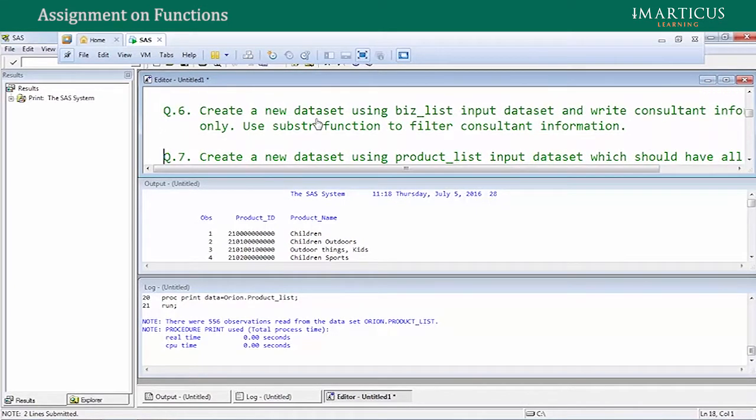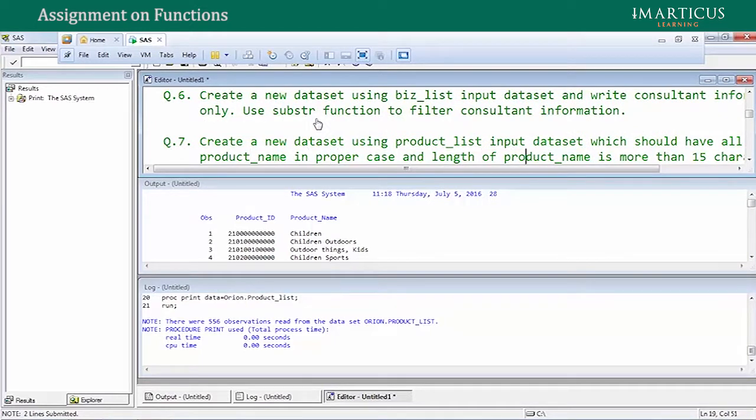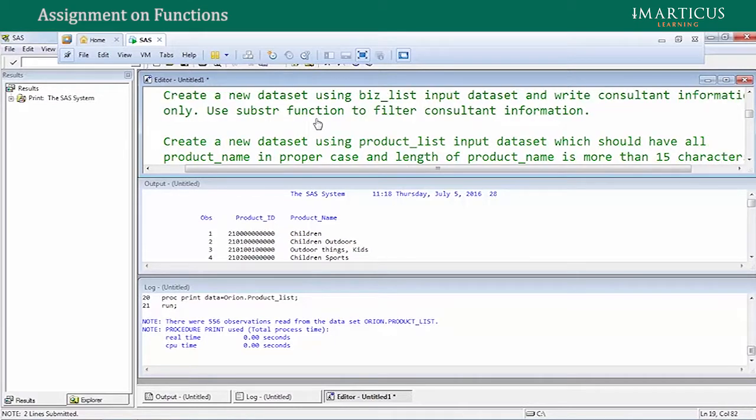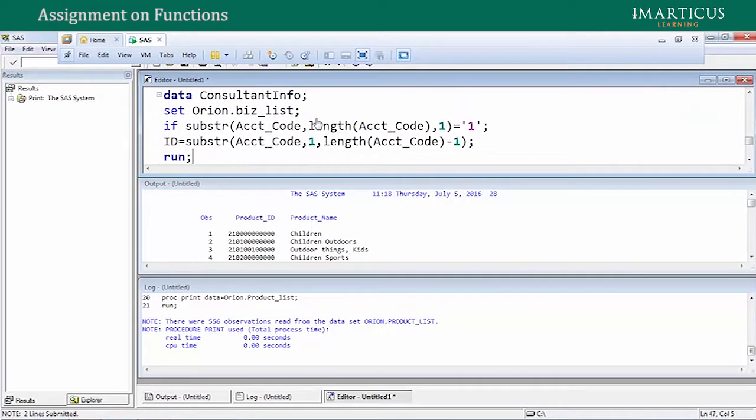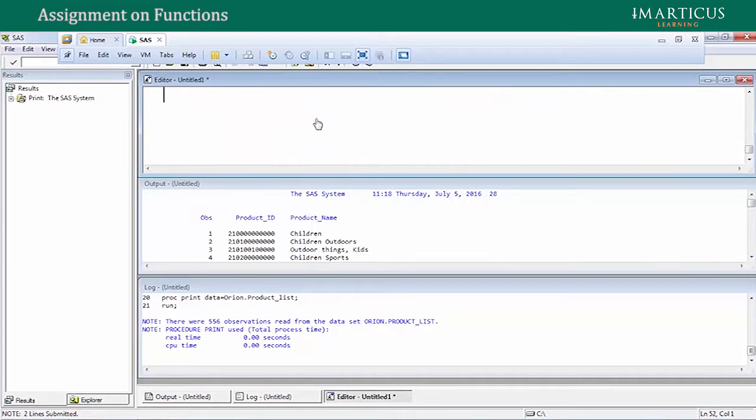So the question was create a new dataset using product underscore list input dataset, which should have all product name in proper case and length of product name is more than 15 characters. So to get the solution for this, this is the code that you need to write. I say data new product, then I say set Orion dot product underscore list, then I say product